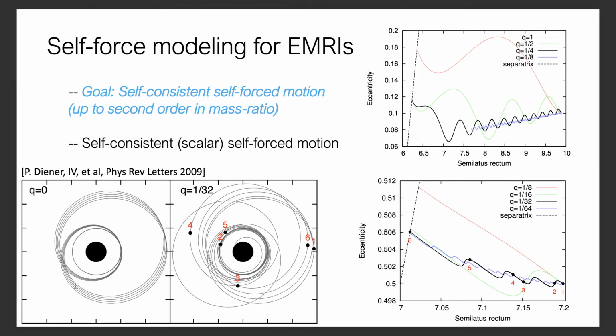So think of it as an evolving ellipse. You can think of this motion as essentially snapshots, basically an evolving ellipse at any given time. That's usually a useful description for this evolution. Now, without these self-force effects, on this eccentricity semilatus rectum plane, something that looks like this, where you have no scalar charge, will remain basically a single point on this